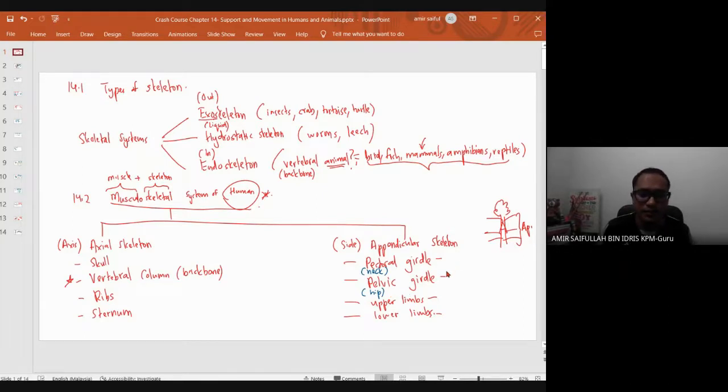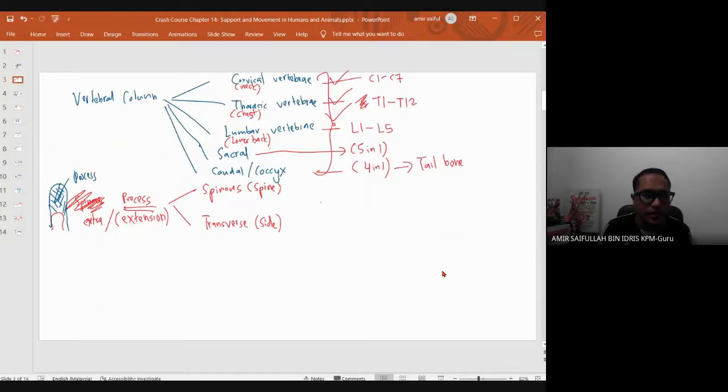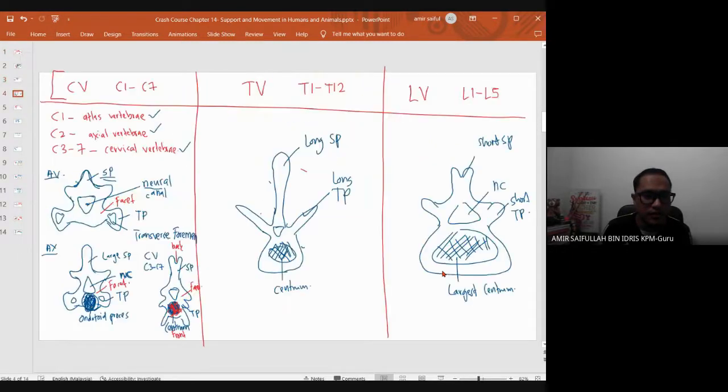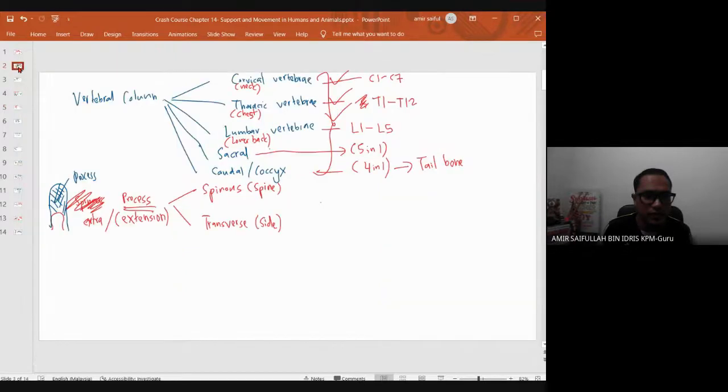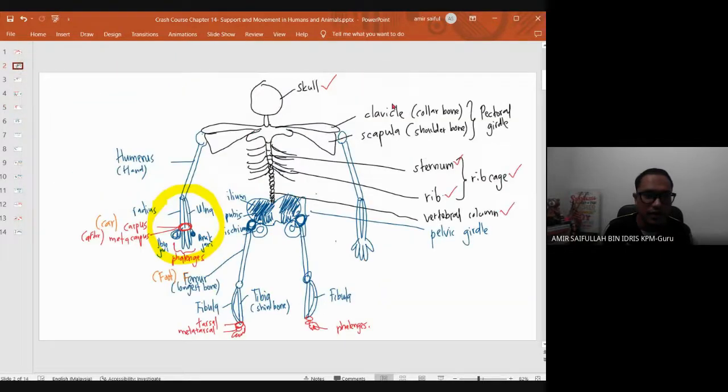Okay, then kita tengok sini. Okay, so yang ni ialah nama-nama tulang yang kamu wajib ingat. Okay, number 1, axial skeleton first. We look at the axial skeleton first. So number 1, you have the skull, tengkorak kepala, and then at the middle here,